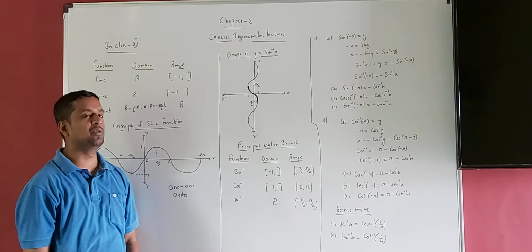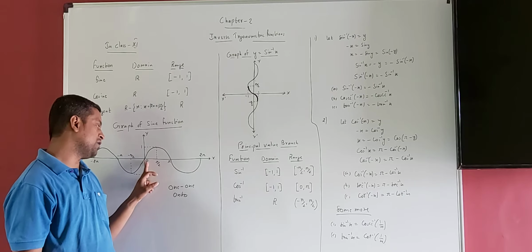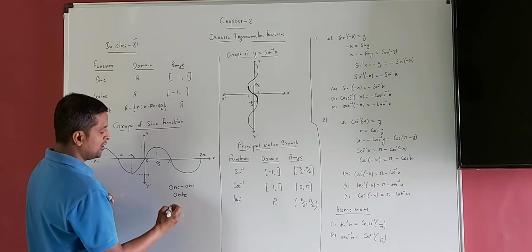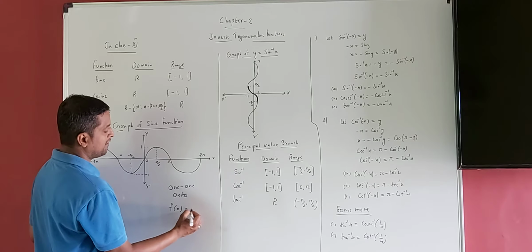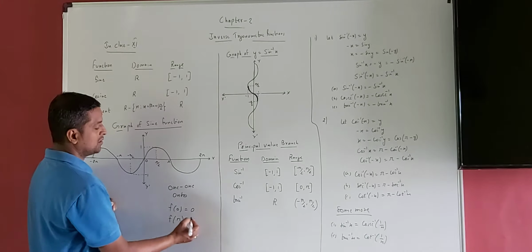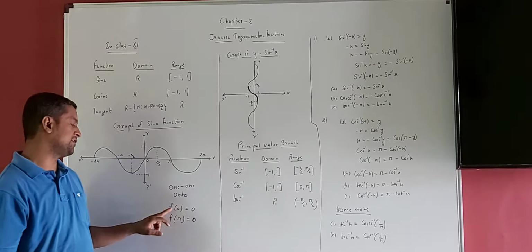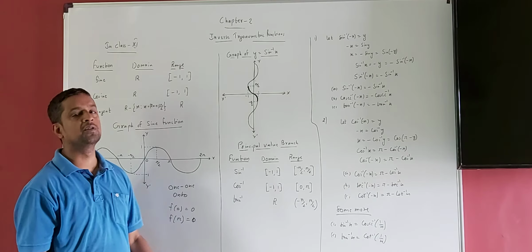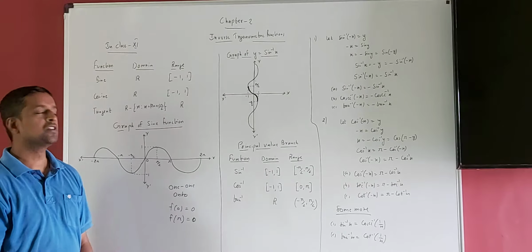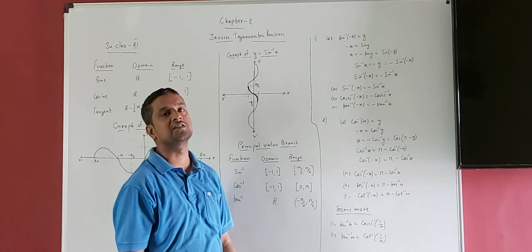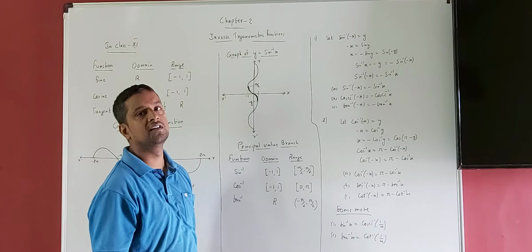Now see in this graph only. When value of x is 0, y is 0. Same when value of x is pi, still y is 0. So for two different values of x, we are getting the same value. It means it is not 1-1. So when it is not 1-1, then what is the need to discuss inverse trigonometric function? What is the need of this inverse word?